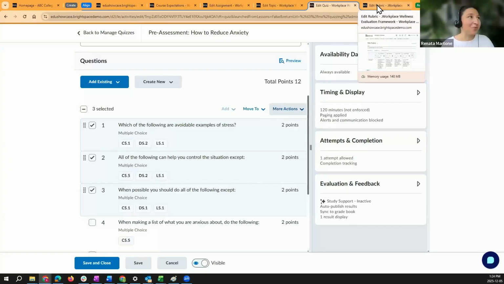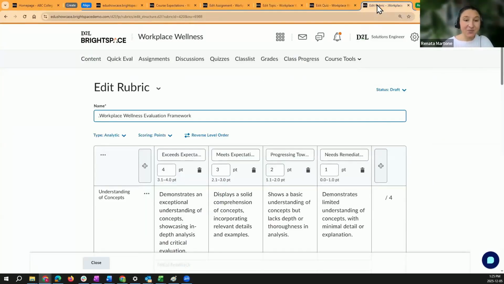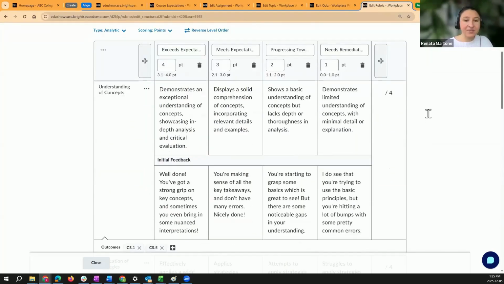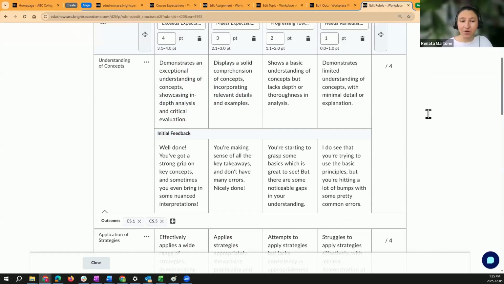Let's jump back to rubrics. If you are using rubrics for your assessments, what you can do with any rubric in Brightspace is come into the rubric and link those outcomes within specific rubric criteria. Here you can see in this understanding of concepts, I've got these outcomes that are listed at the bottom here. Now, if in this course I'm mapping those achievement percentages to outcomes, then what I'm going to see here